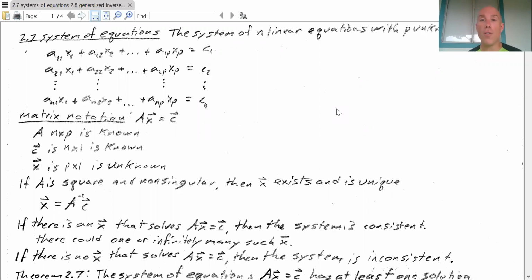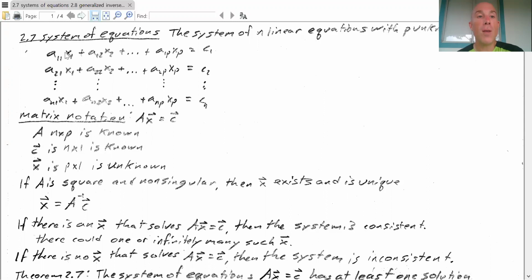Okay, so with a system of equations, what we've got going on is we have a bunch of linear equations. We have one or more unknown variables. So let's say we have n equations, they're linear equations, and p unknowns. And so in terms of matrices, we can represent it as, let's say this is my